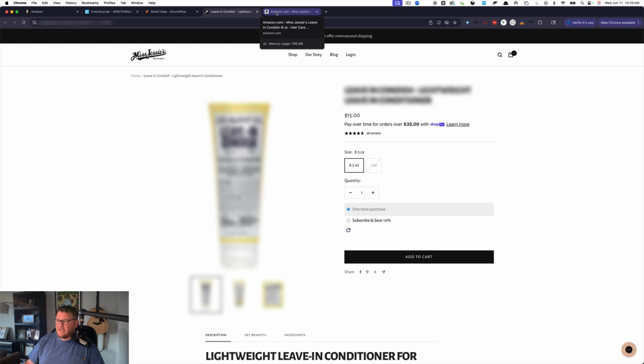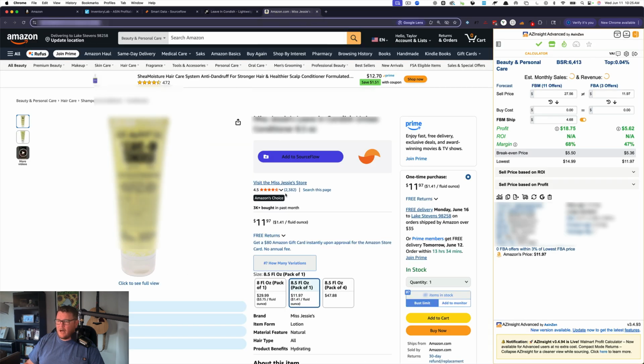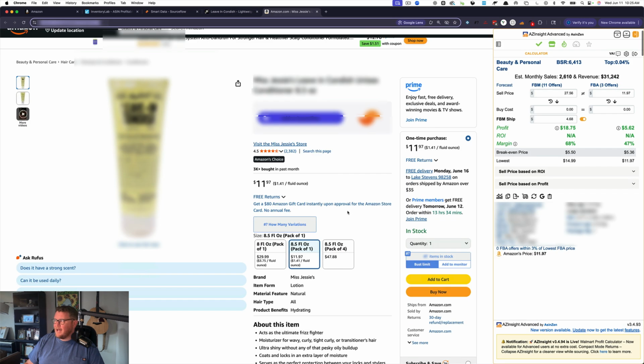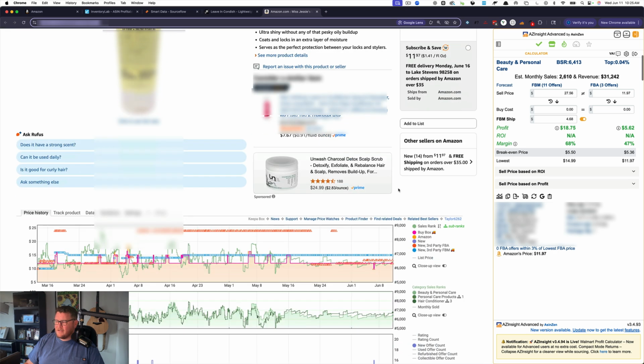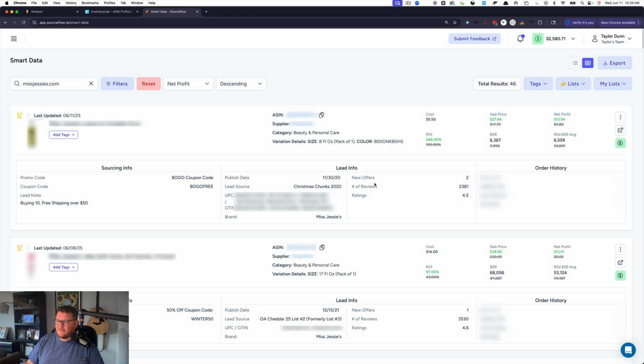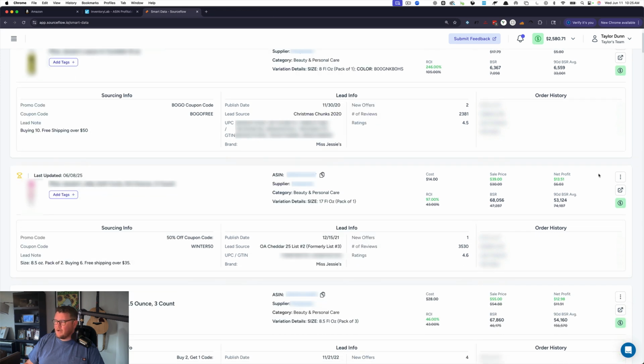Now the packaging looks a little bit different, but that is pretty common with OA. This is an older packaging. It is an 8.5 ounce bottle, and it is the leave-in condition. All that kind of makes sense and lines up. Now I can tell you right now, this isn't going to work out for us. Amazon's in stock on this. So I'm going to just exclude this from my results,